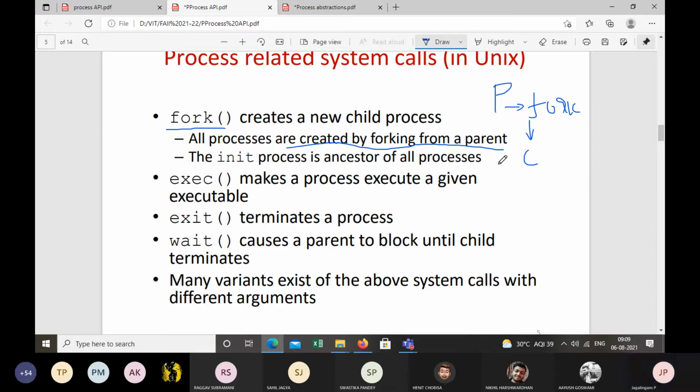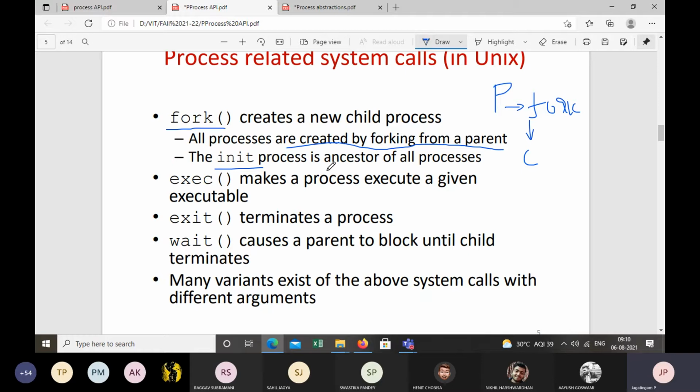Now, when the operating system starts, it creates a process called init. So init is an ancestor for all the processes.